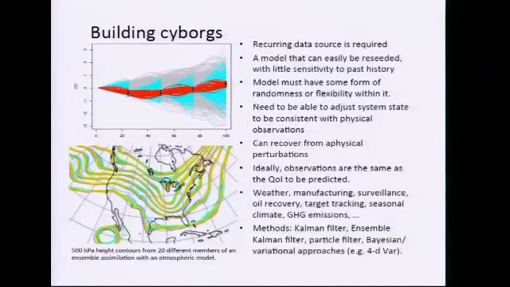And just, you know, what do we do in the cyborg world, or when we have lots of data? I mean, this is the filtering. This is the data assimilation world. And so we can run the model. Here are these blue sets, as a prior run, but then we see data, we constrain them, and can continually do something like this, always constraining these things given new observations. So even if that model's not reality, it might give us very useful predictions. And of course, we have the past to say how well they're going to do.